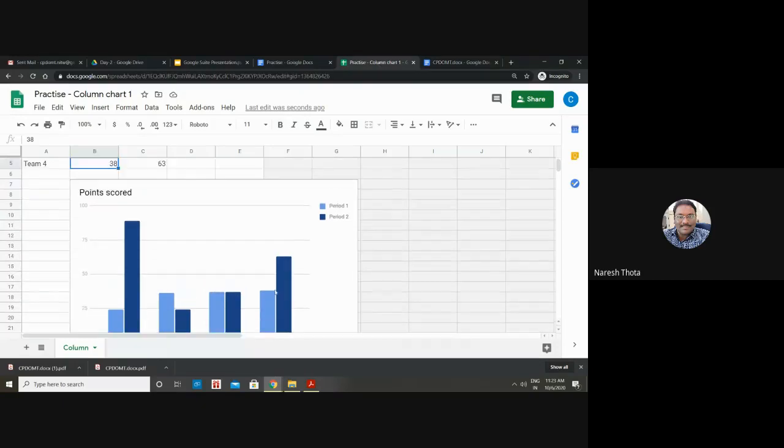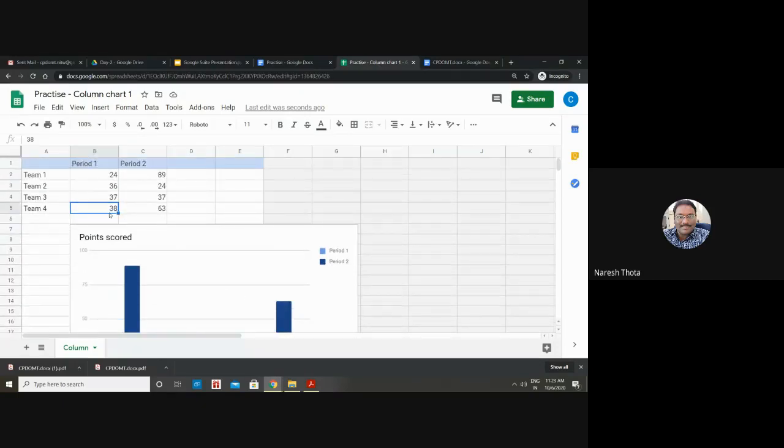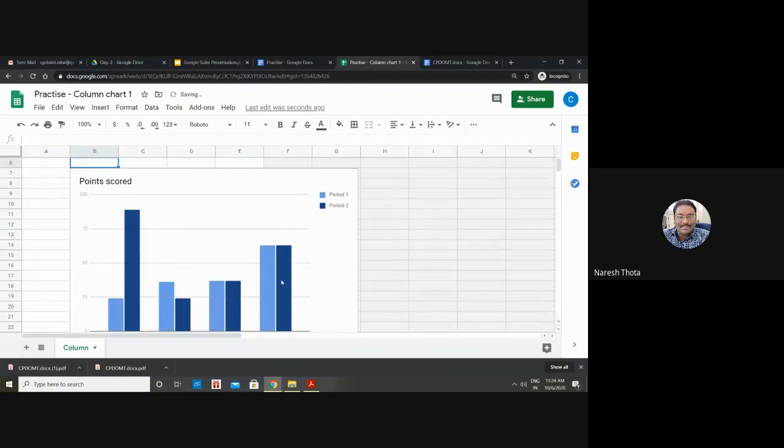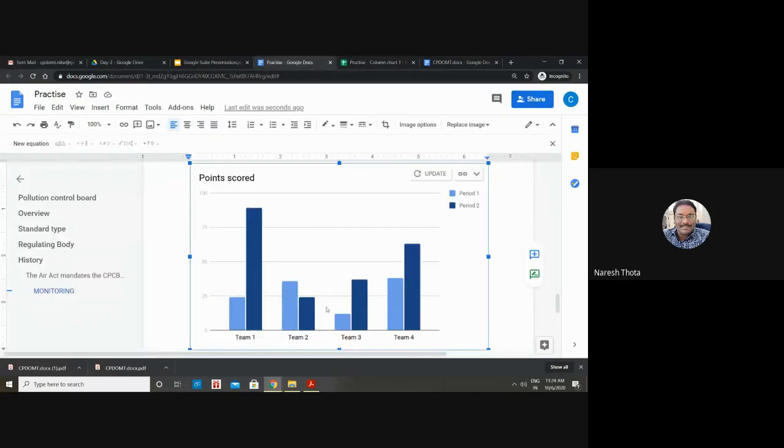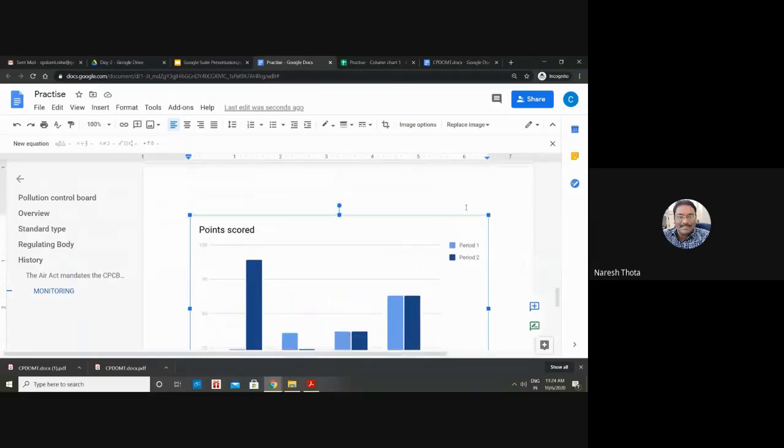I also want to make team 3 as 63, 63. Let's assume I'm making them equal. Once you go to your document, it still shows your last version. But after changing some data, you will be given an update button. Once you click that, it will go to the edited data and update simultaneously. The good thing is you don't need to change the graph again. You don't need to copy and paste again and again. The only thing is you have to link the document.